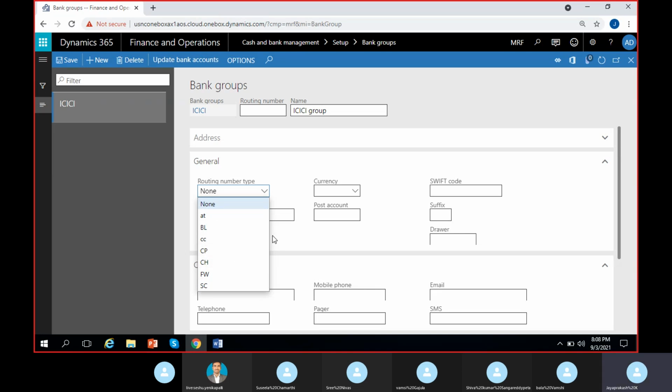So if you want to use a routing number, you can choose. Mostly, as I told you, US people will use routing numbers. Then you can give FW format, and you can give the 9 digits here in the format. If you don't want, just select it as none. Routing number is not required. Whereas